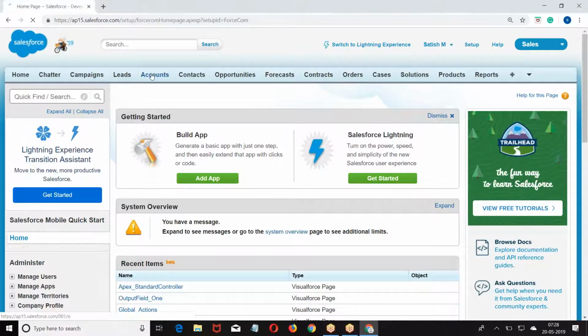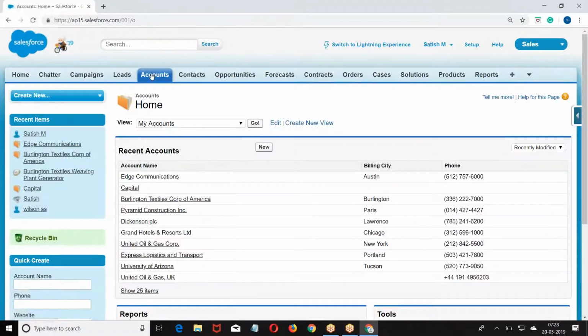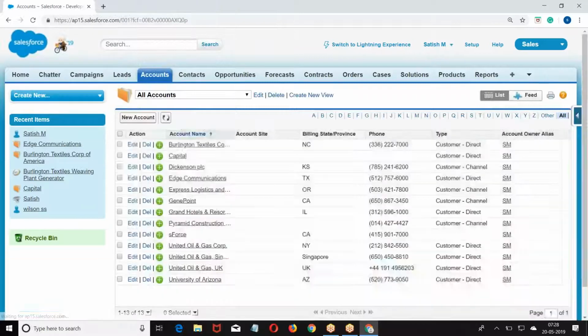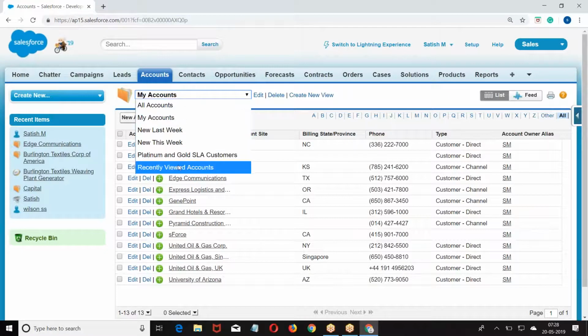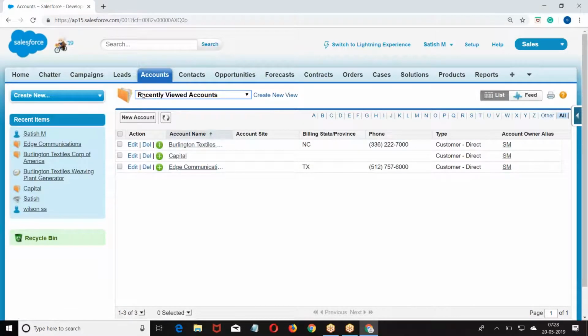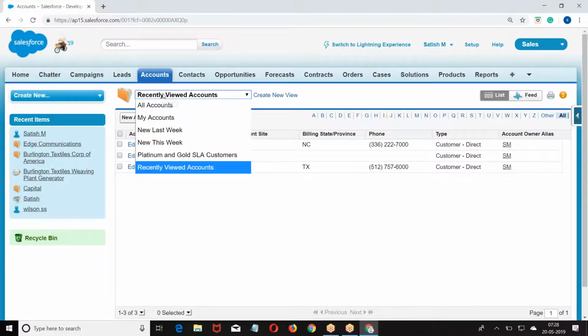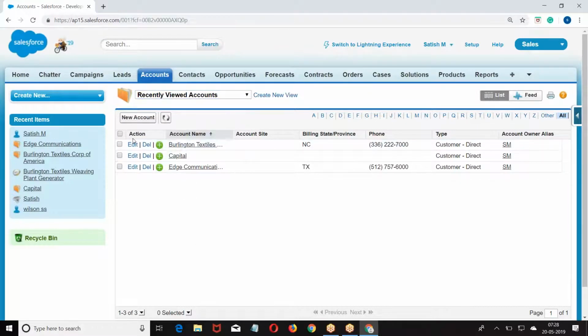Okay. Now, look at the point. I have an object called account. On the account, you have a filter view. Look at this view: all accounts, we're getting the list of records. My accounts, recently viewed records. Based on the filter I selected here, you are getting a group of records, right?